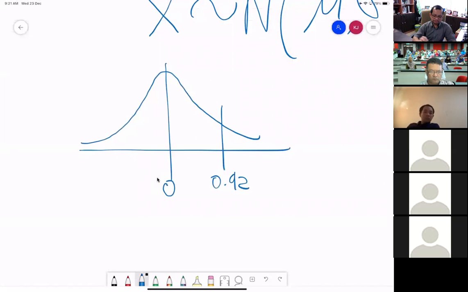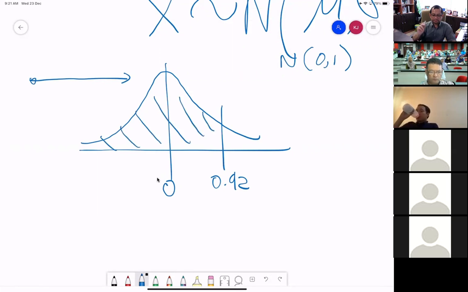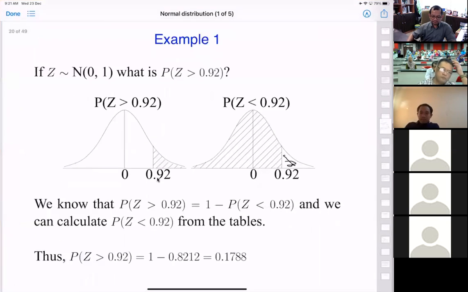Here is 0, because this table is 0, 1. So reading from left to right, we want to find out this area. So 0.92, look at the table,